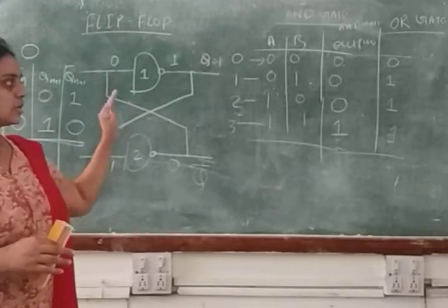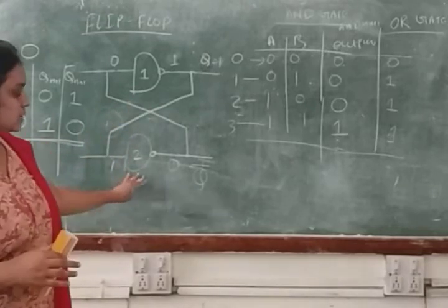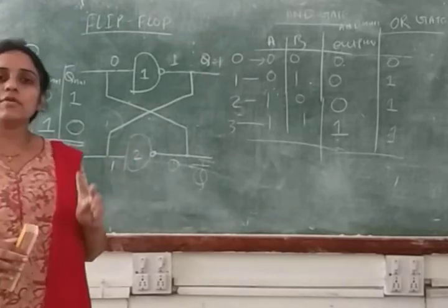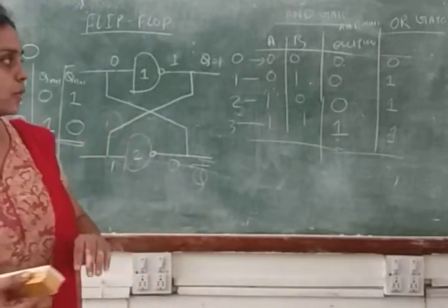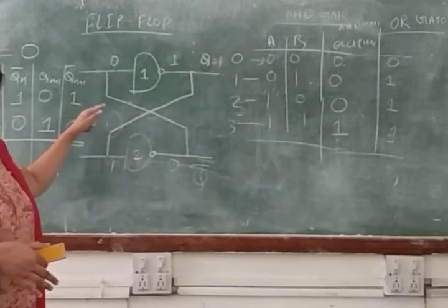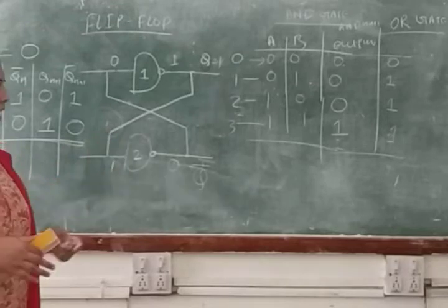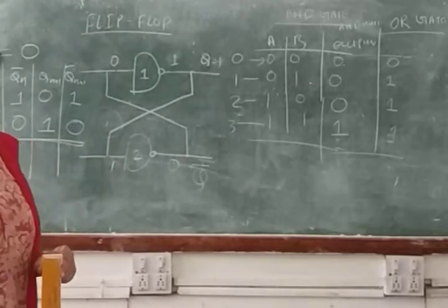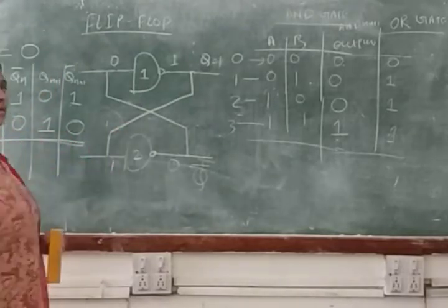We have discussed the cross-coupled inverter. In the next section I will discuss with you the modification of this structure, the SR flip-flop. So basically we have 4 flip-flops: SR flip-flop, D flip-flop, T flip-flop, and JK flip-flop. In this lecture we have discussed what a cross-coupled flip-flop is, what the set state is, what the reset state is, how we will solve this type of circuit, and what the disadvantage of the circuit is. In the next lecture we will discuss the SR flip-flop. This is the modified version of this structure.